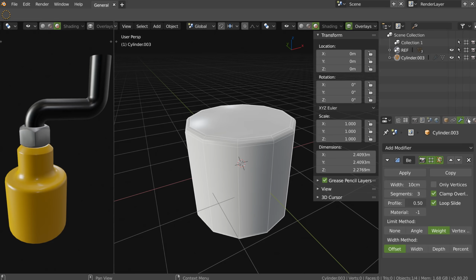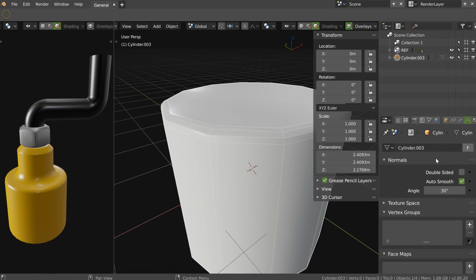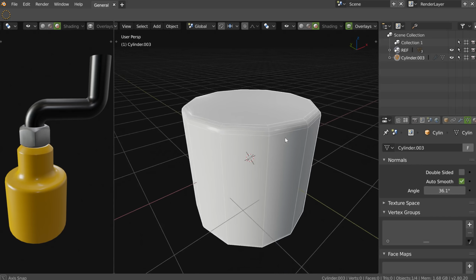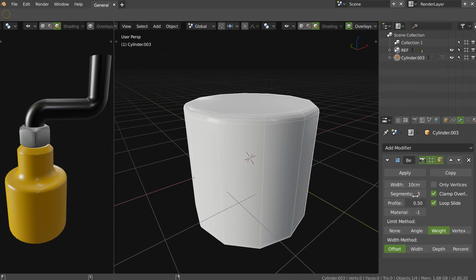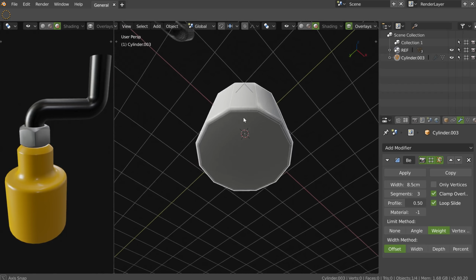Okay, so I will activate the auto smooth, I will activate this smooth shading, and I will play with the auto smooth. As you can see, I have to go here, to go here, to go here. It's a lot of movement, of distance to do whatever I want, but right now we have to deal with it.